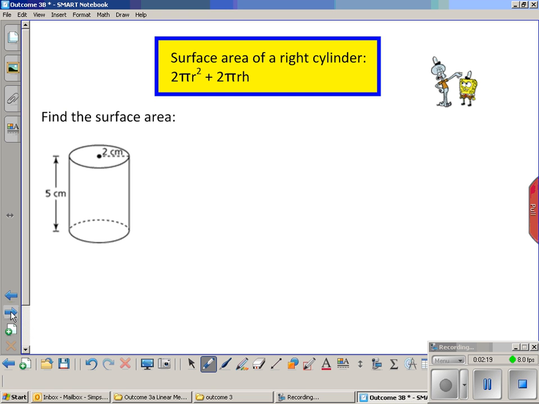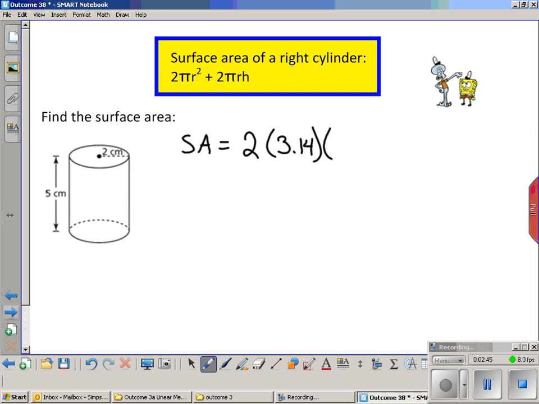The surface area of the right cylinder. So we're going to look at all kinds of different shapes and learn how to calculate the surface area. Surface area is 2 times pi times the radius squared, and then we're going to add to that 2 pi r times h. So in our example, the surface area is equal to 2 times pi, well pi is 3.14,